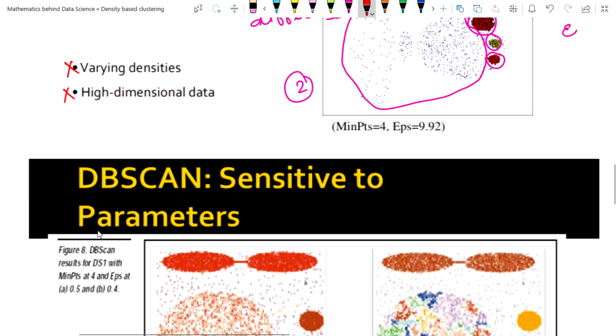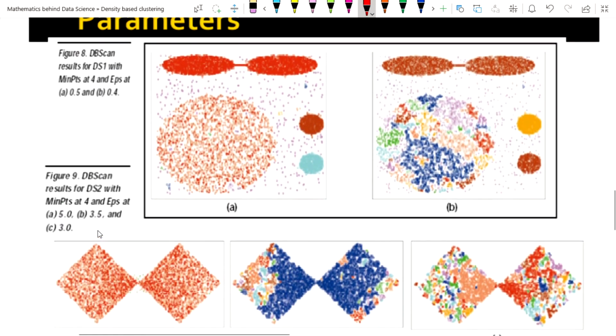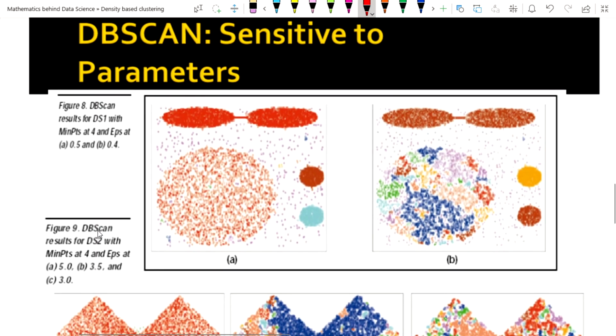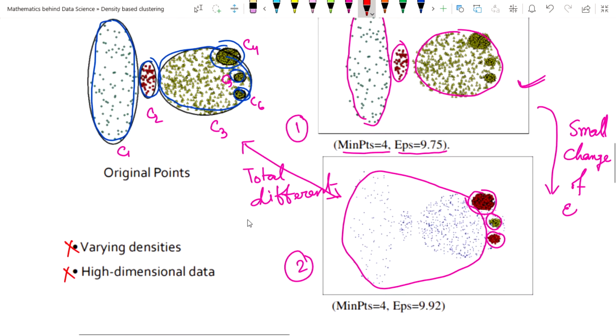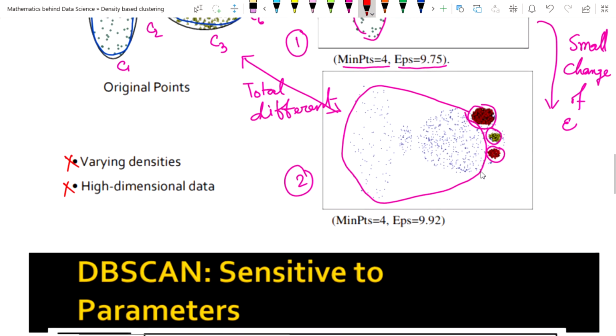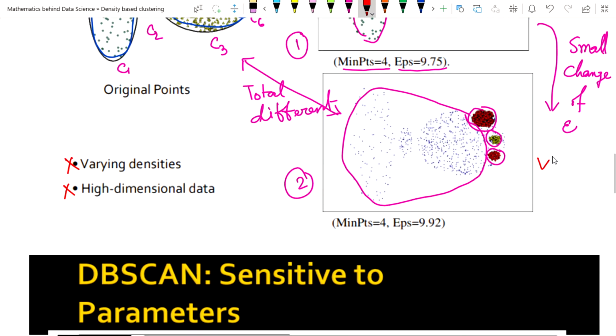Now let's try to understand through another example how sensitive DBSCAN is. Just with small changes of our hyperparameter, the cluster shapes change dramatically. So this means it is very sensitive to the hyperparameter.